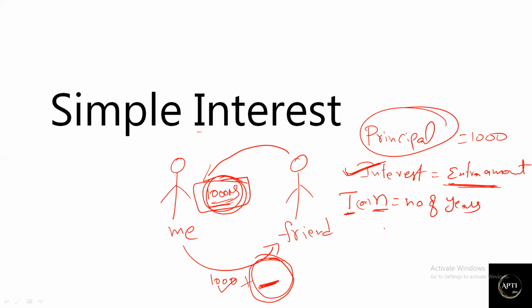One of the most important terminologies in simple interest is the rate of interest. These two terms, number of years and rate of interest, will decide how much extra amount we need to give. That is what simple interest is. First I will explain with the formula, and then, if you know short tricks, we can tackle these types of questions in examination without using the formula and without complex calculations. You can solve and get the answer straightforwardly